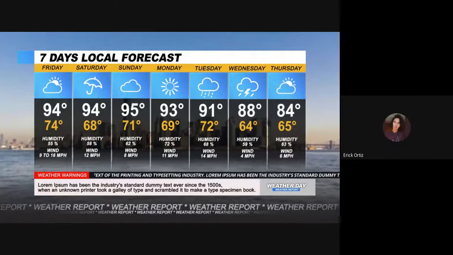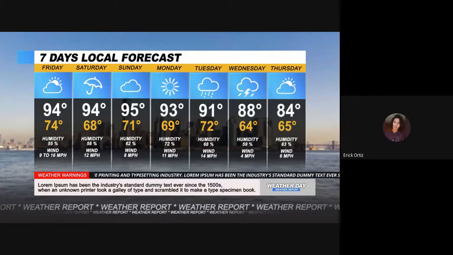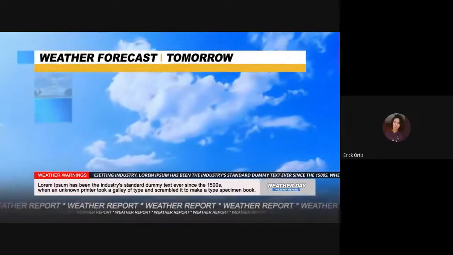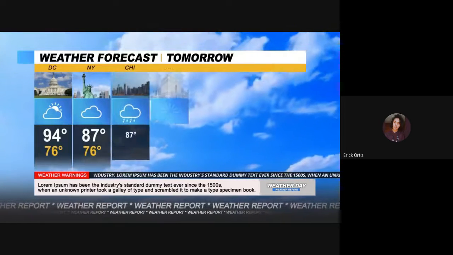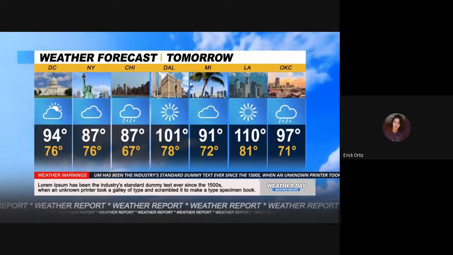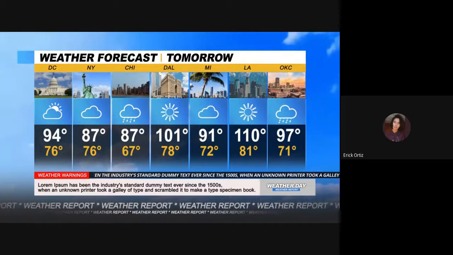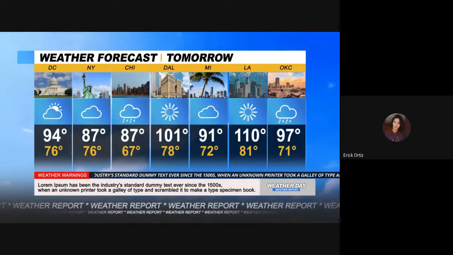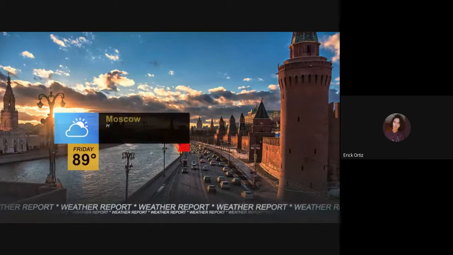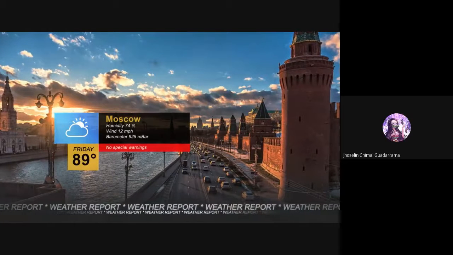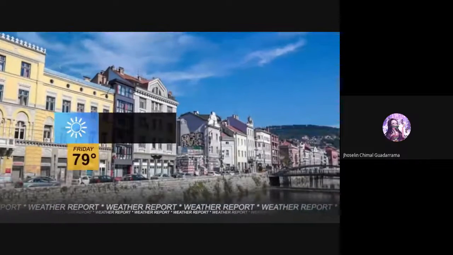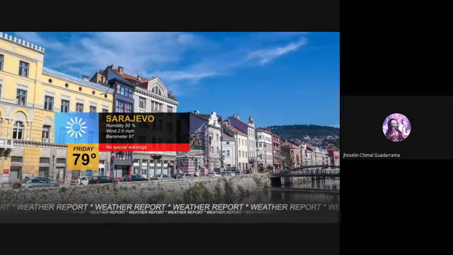90 and 40 degrees, with a minimum of 54 degrees for the next 7 days. Then let's see tomorrow's weather forecast, with a maximum of 107 degrees and a minimum of 60 in the cities of DC, New York, Chicago. The next world series in the United States. The first, DC is the